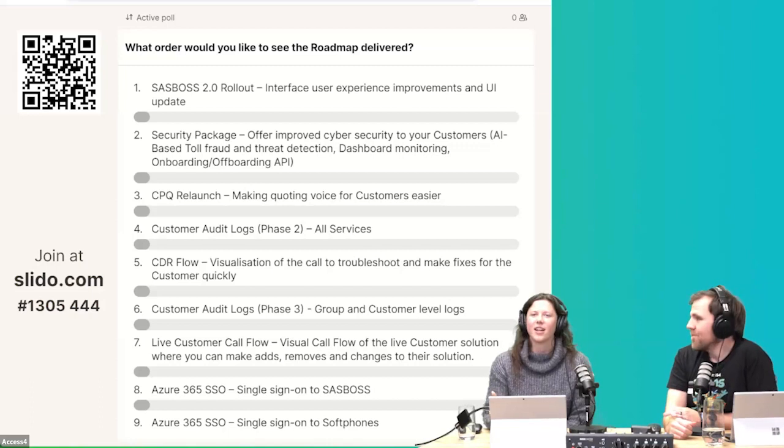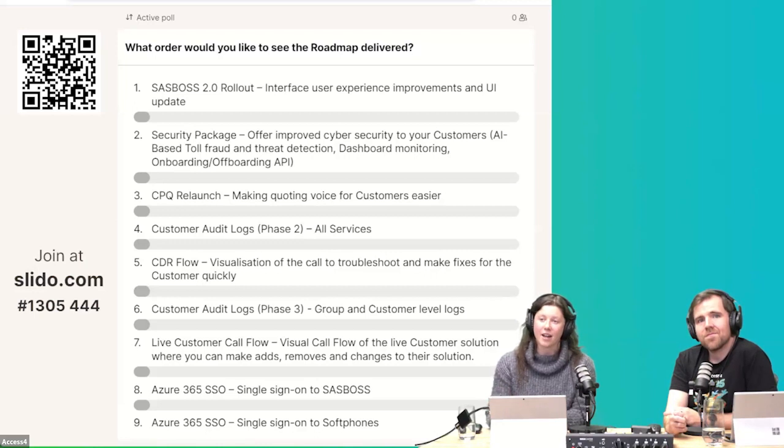Exactly. Thank you. Number 2 is a security package add-on for your customers to offer them some more cybersecurity options. So it's not just the basic toll fraud we have, it's AI-based toll fraud that can learn the behavior of the customer when they do things outside of that, but create the alert rather than just a straight set of rules that it currently uses. It also has